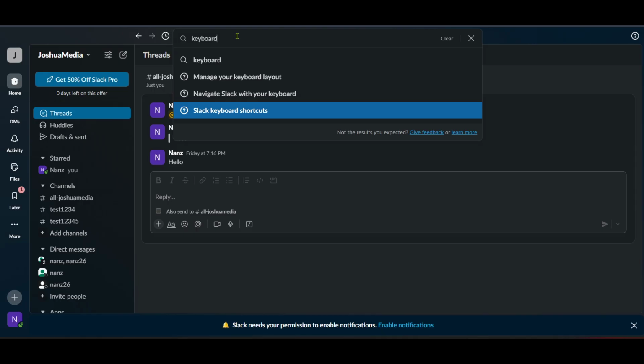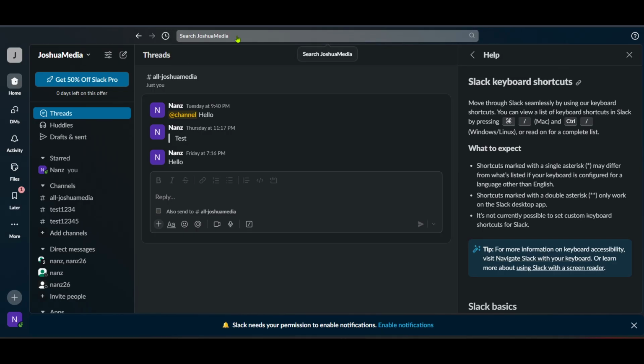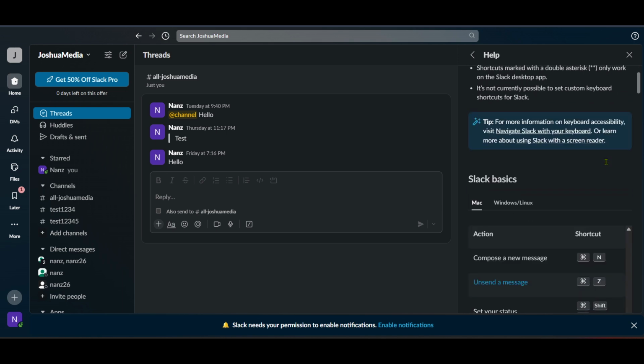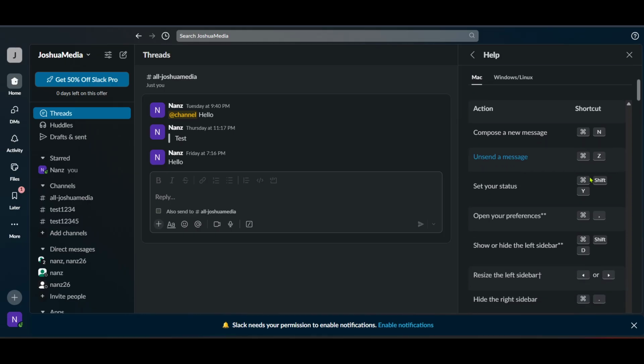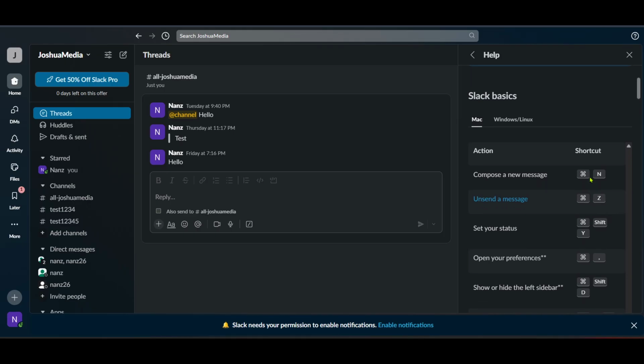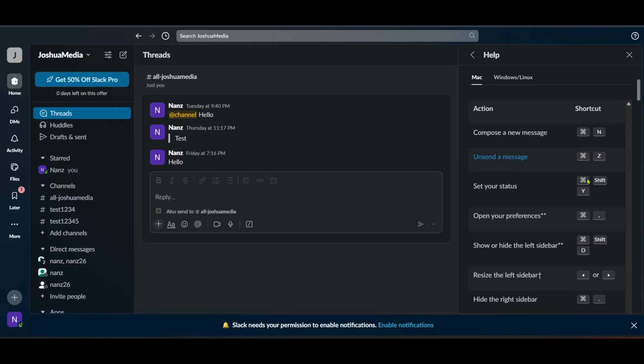This action will direct you to the list of keyboard shortcuts available in Slack. Having this list is like having a cheat sheet for efficiency. These shortcuts cover various functions such as navigating between channels, marking messages as read or unread, and even formatting text in messages. By incorporating these shortcuts into your routine, you'll not only save time, but also enhance your overall Slack